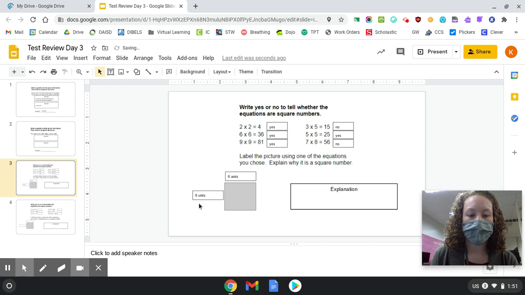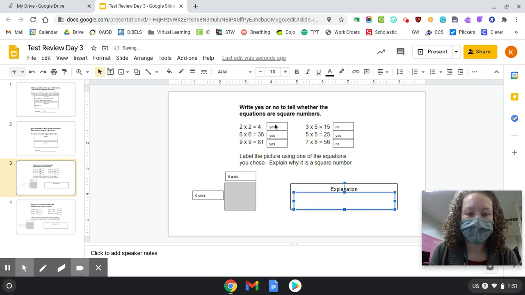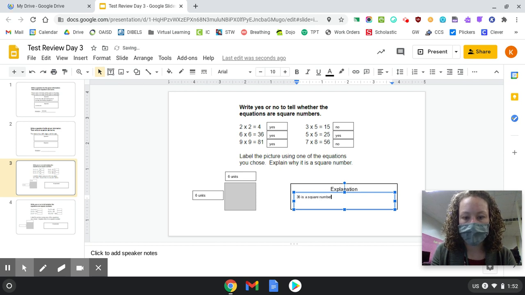So you're going to label it. You don't have to use 6. You can use a different number, but make sure your side lengths are the same. Over here, remember we were supposed to explain why it is a square number. So why is it a square number? Let's see, 6 times 6 was 36. So I could say 36 is a square number